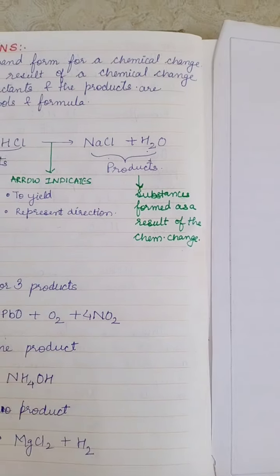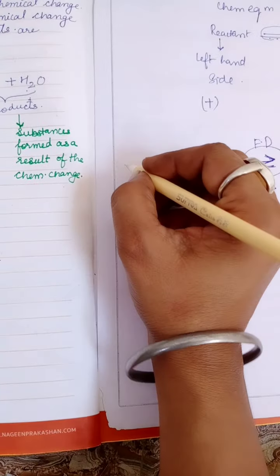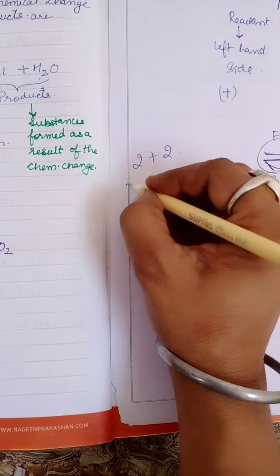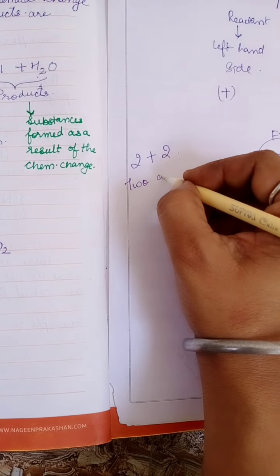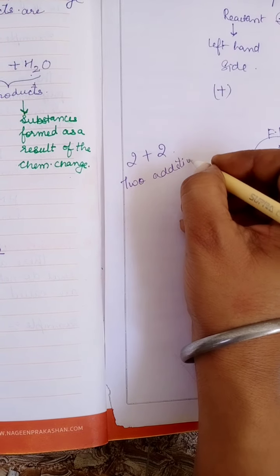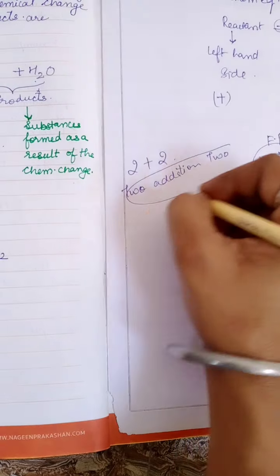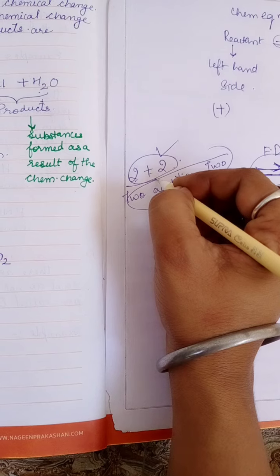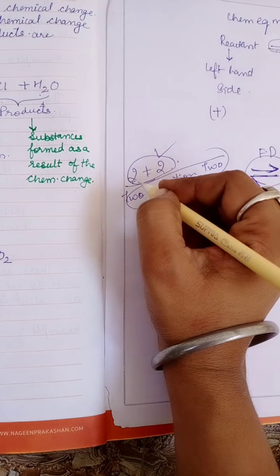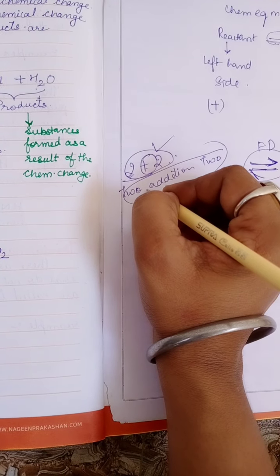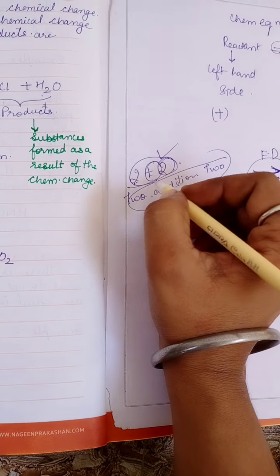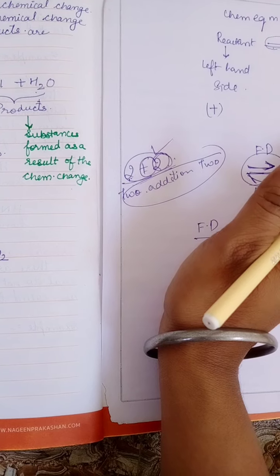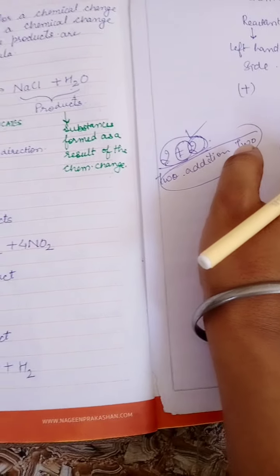Now children, like in maths, we write 2 plus 2. Yes or no? We don't write it in words, 2 addition 2, 2 addition 2. We don't write this way. We usually represent it this way, 2 plus 2. Why are we representing it this way? 2 is a symbol. This plus sign is a symbol of addition. It is a very short representation. Short representation means short consumption of time.